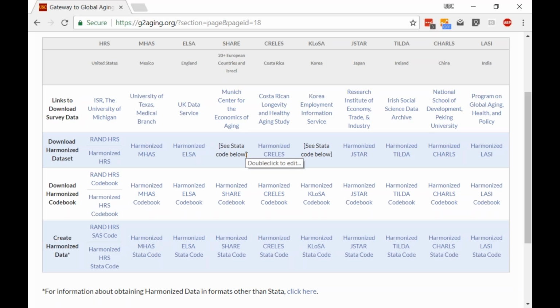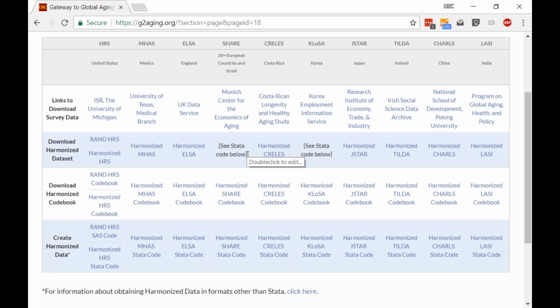In the case of most of the other datasets, you can download the dataset directly, just like with the RAND HRS or Harmonized HRS. When you download the datasets, usually they're provided in SAS, SPSS, and Stata format, so you can choose which one you want to download. In the case of SHARE, we do have just one program, which is Stata, to run it in. We don't reprogram the whole creation in different programming languages. So if you're not familiar with Stata, as long as you have